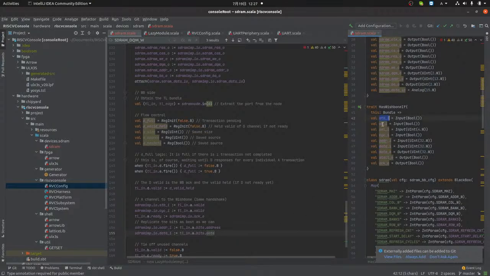Okay, we have this. We have the write enable. We know this with a write transaction. So we know that SDRAM